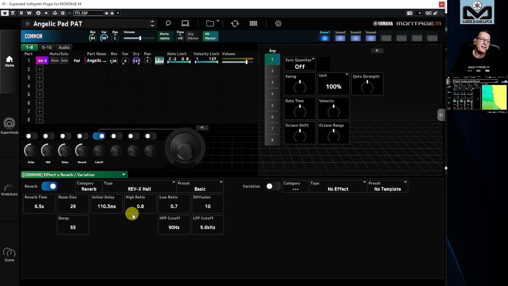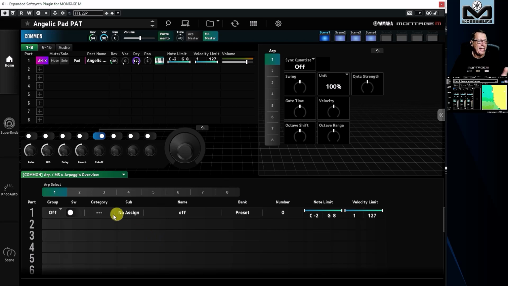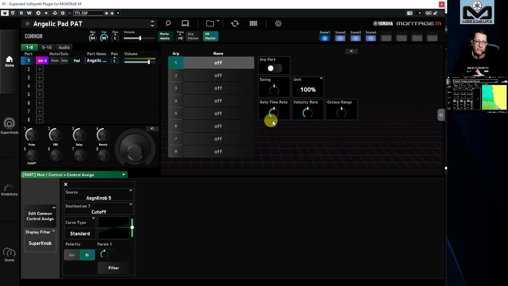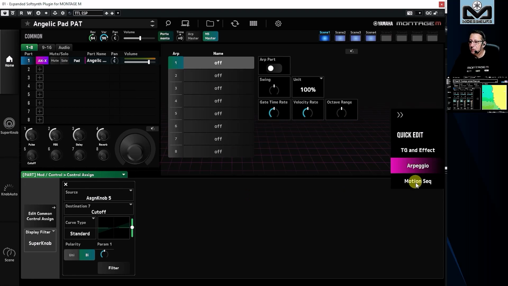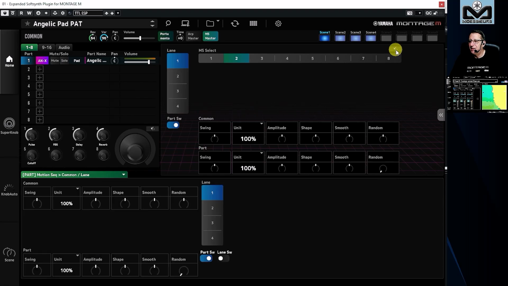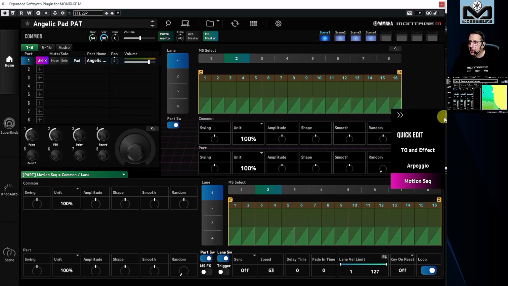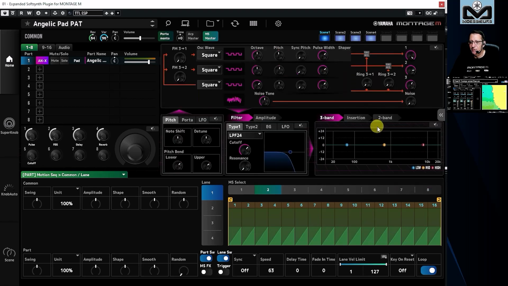This is not the subscreen, but if we take the idea of the subscreen, when I click here on that icon, tada, I have the full editing linked to that. If I go on Supernode, I can see the assignable things that I can expand like that and do things in a very great way. Motion Sequencer, same thing. If you want to have the Motion Sequencer here, I can activate the lane and retrieve the things for the Motion Sequencer command. This is not the knob auto here because I am on command level.